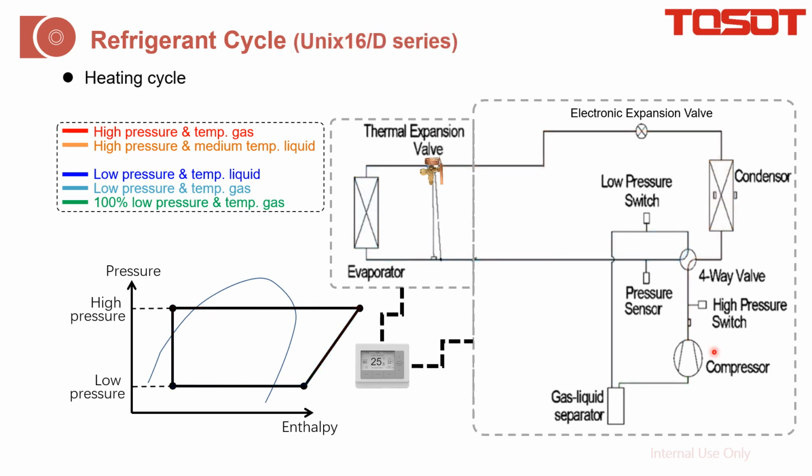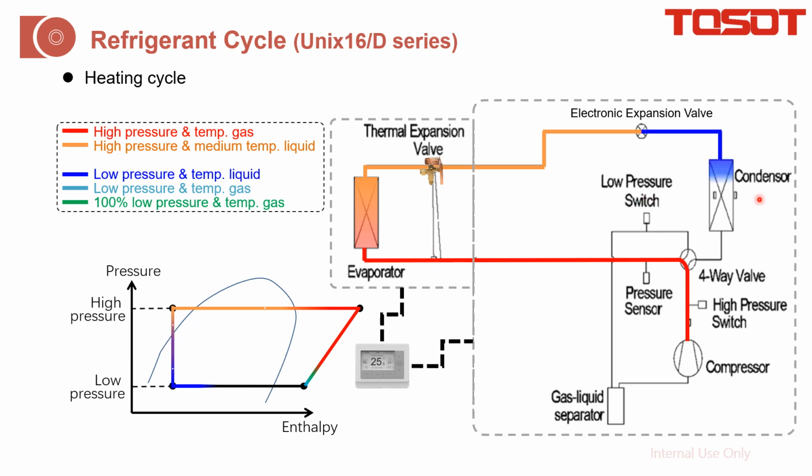Next, we go to the heating cycle. The refrigerant from the compressor, this time we go to the indoor side, which is the evaporator first. Then the high pressure and temperature gas will release heat, which is doing heating, and become liquid. And then we get through this TEV. And attention, this time here is not the metering device, which is we flow to the outdoor at this EXV to do the metering. Then the liquid will still remain liquid, but the pressure changes from high to low, which is this one.